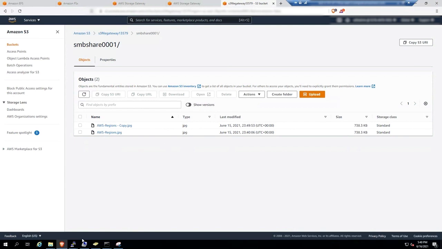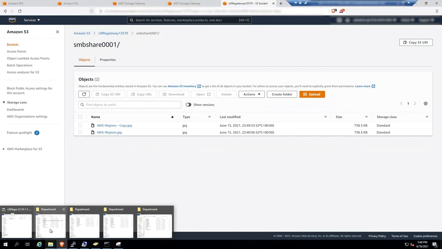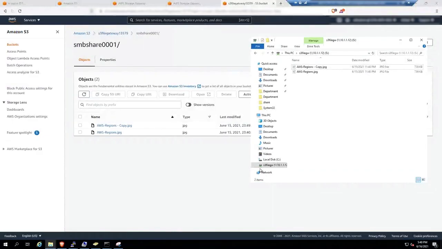And what this looks like to the customer when actually accessing that path from the UNC path, in this case I've got a drive mapped S for SMB, and here are those two files. So as we're looking at the gateway from the UNC path, and this would look very similar if it was a NFS export and I had a Linux client mounting to that, I would do an LS and see those